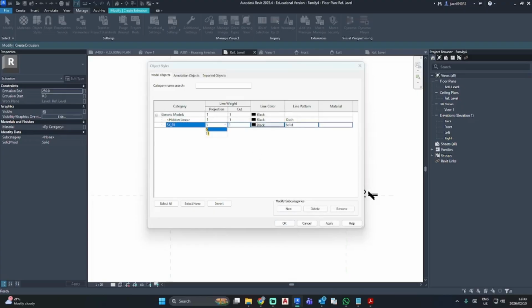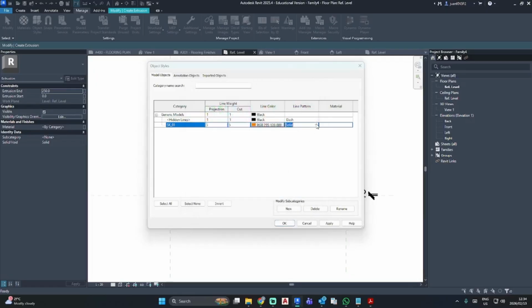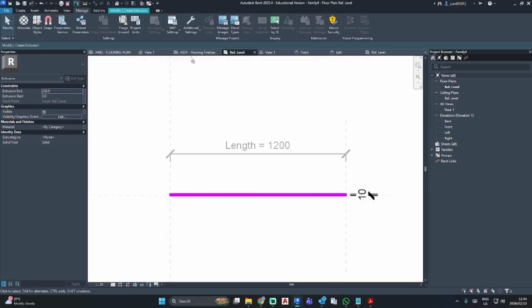Going to give it a nice weight of 5. Line color. We can't use magenta because our soffit joint line is magenta. So let's go with orange and dashed pattern. So I'm going to go apply and OK.